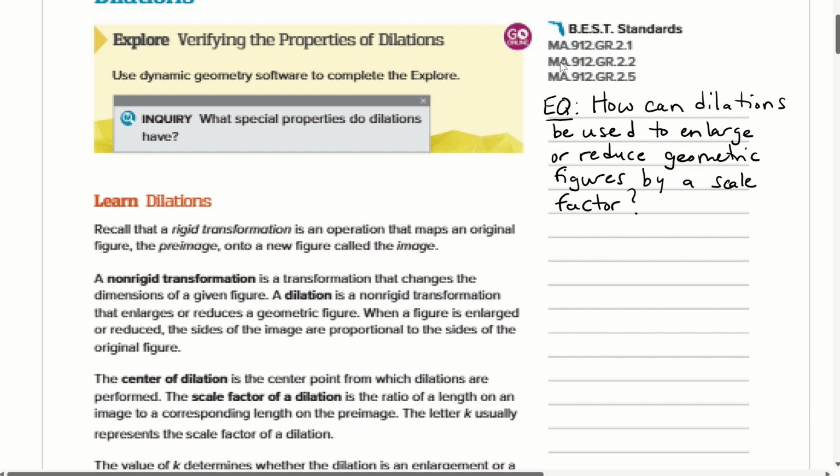Okay, so for this transformation, a dilation, how can it be used to enlarge or reduce geometric figures by a